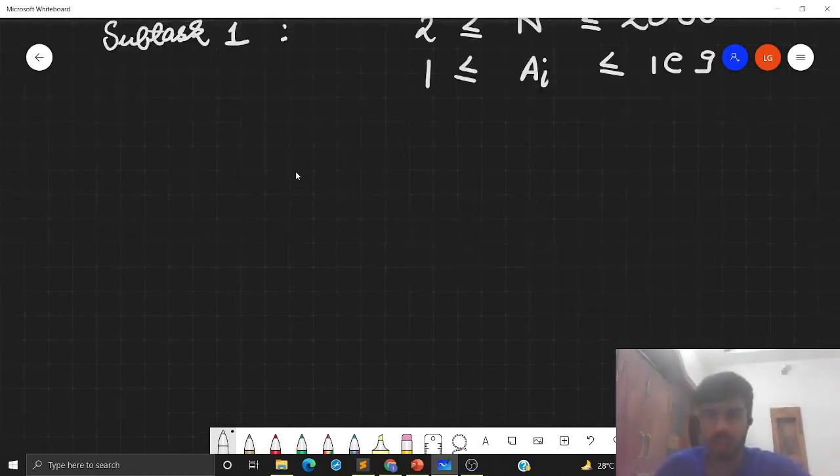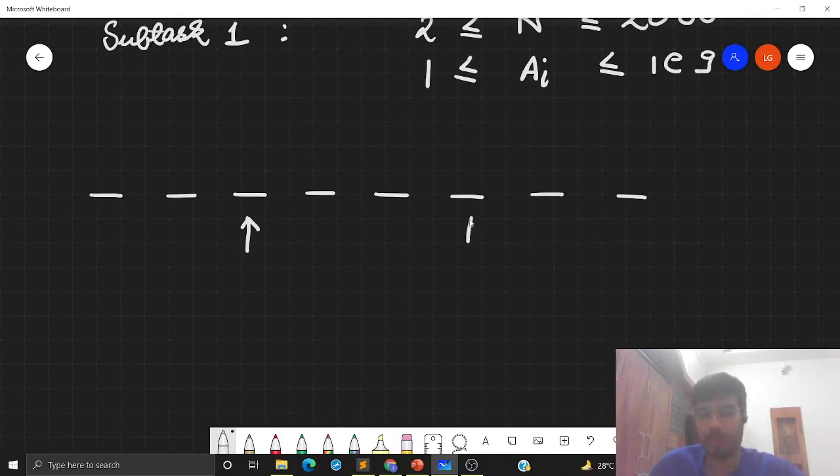Okay, so how to solve this problem? We have this array A and we are choosing two indices I and J. I will be affecting these two values and I need to calculate the GCD of this complete new array and report the maximum possible value for it. So can I just iterate over these indices I and J? Suppose I start iterating, my I will go from 1 to n and then my J will go from I plus 1 to n.